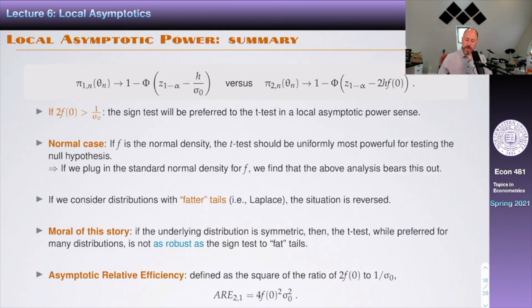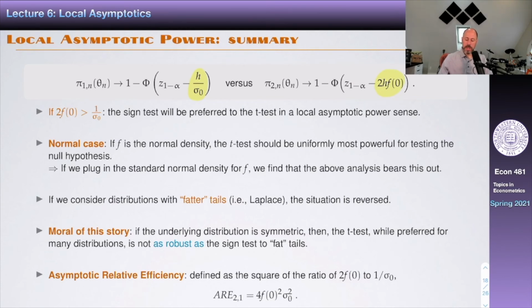So here are the two power functions. This is the local approximation, the local power function of the t-test. This is the local power function of the sign test. They both look the same. Both are 1 minus the CDF of a normal. Okay, because we're using at some point some form of CLT, which gives us asymptotic normality. They both have the same quantile here, but they differ in what multiplies the non-centrality parameter or the local parameter